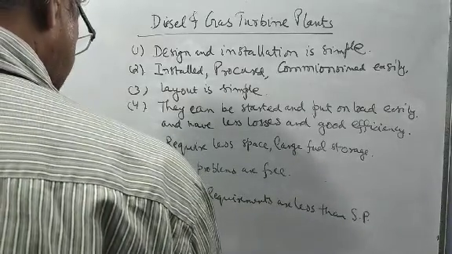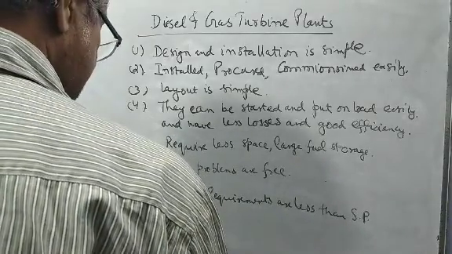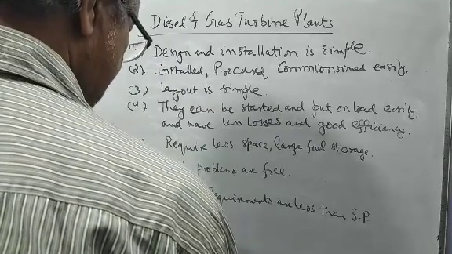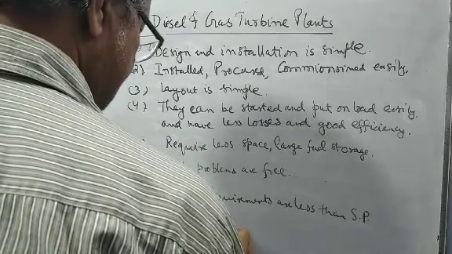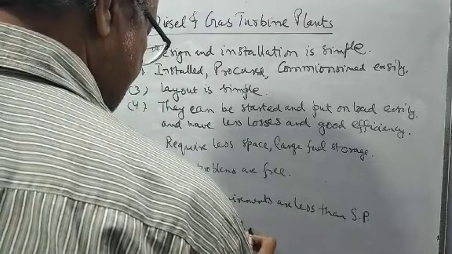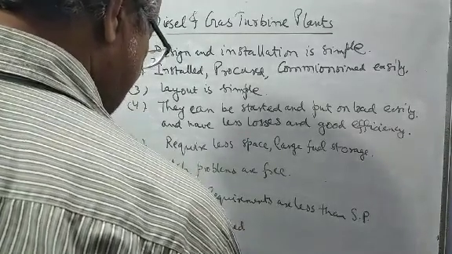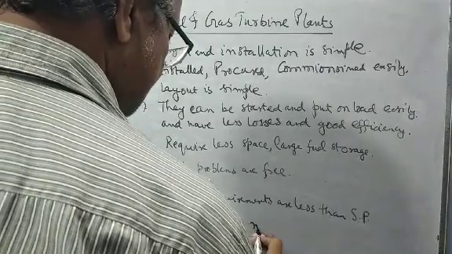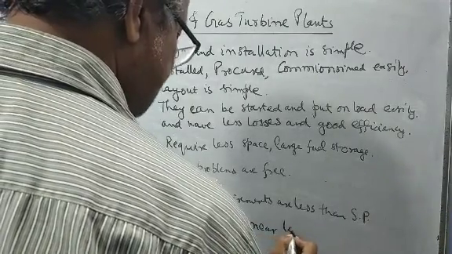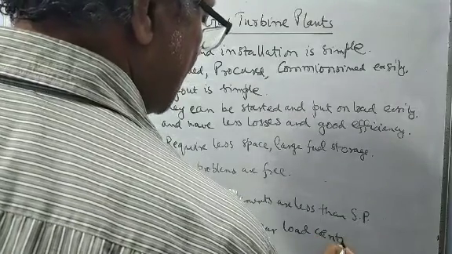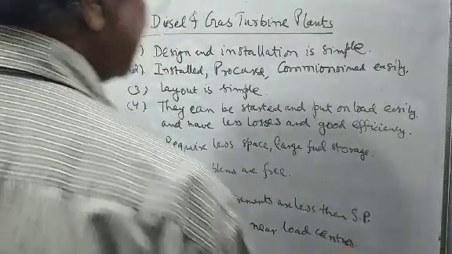They can be located near the load centers. So these are some of the advantages of diesel power plants, and you know that the diesel power plants and gas turbine plants are mainly used for the peak loads,